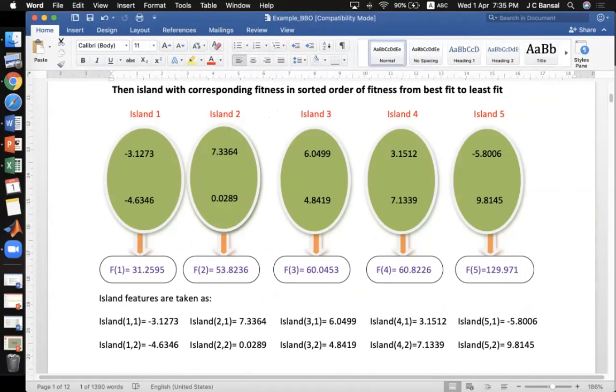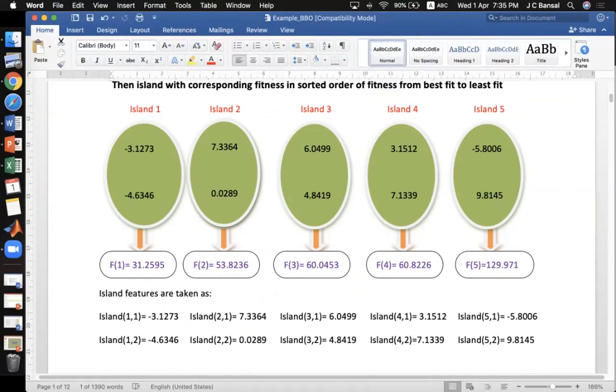This is already sorted, and therefore there is no need to sort this population at this step. If this population were not in this format, then we would definitely sort it. Suppose this were 11.8236, then that would be the first island, this 31 would be the second island, and so on. I hope it's okay. Yes, sir.